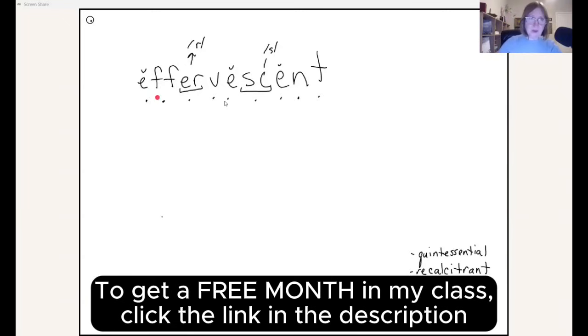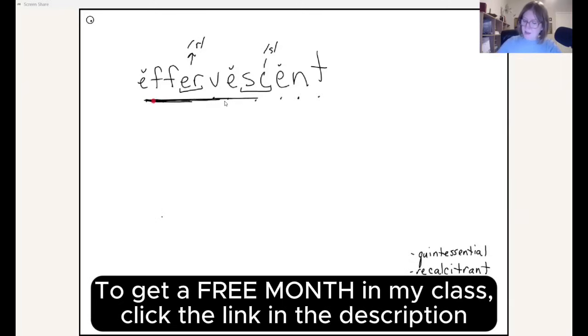So we have f, v, s, n, t. Let's go one sound at a time. F, effer, efferv. This F and this V are the same mouth shape. Your top teeth are going over your bottom lip, but on this one it's vibrating, and on this one it's blowing. So the F and the V so close together right there might be a little weird to try to pronounce, but you can force it. Efferv, efferve,